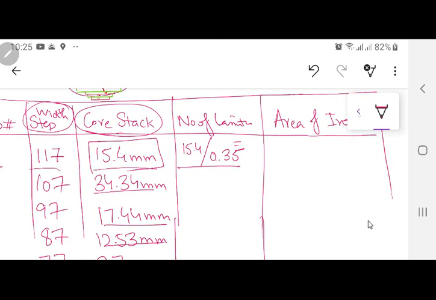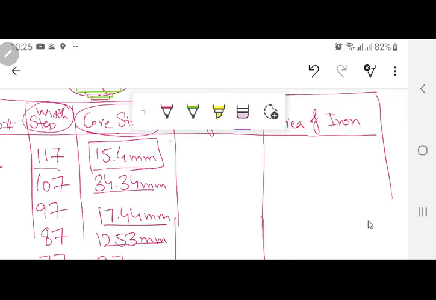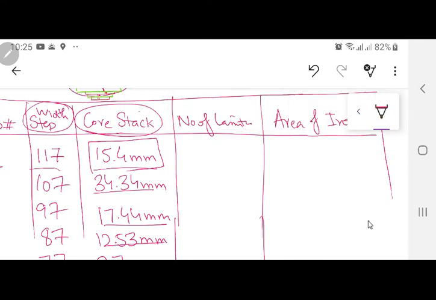Give me the answer for the number of laminations. You are dividing it by 0.35. This value is totally design dependent, or dependent on the workmanship you have in your factory. Number of laminations 44. And one thing very important. After the first step, second step, third step, fourth step, the number of laminations should be an even number. This is very important. Why? Because half of them are going on top, half of them are going on the bottom. Okay, this should be kept in mind.